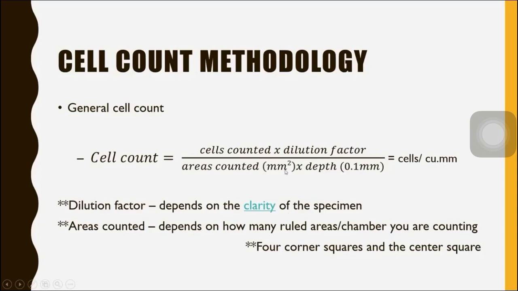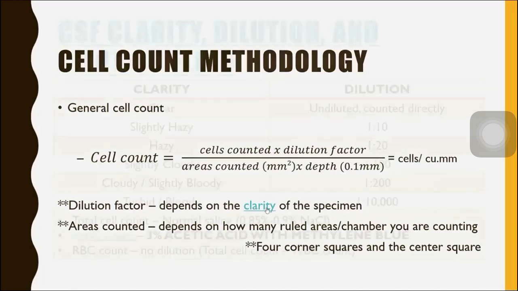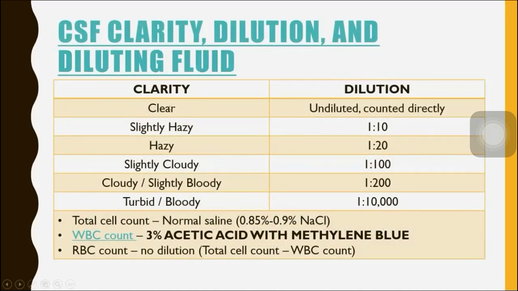So I've said again, dilution factor depends on the clarity of the specimen. So you need to observe the clarity, and from that, malalaman mo kung anong gagamitin mong dilution. For clear, undiluted; for slightly hazy, 1:10; hazy, 1:20; slightly cloudy, 1:100; cloudy, slightly bloody, 1:200; turbid to bloody, 1:10,000. Okay, so although there is no need for you to memorize this, but it also helps because some